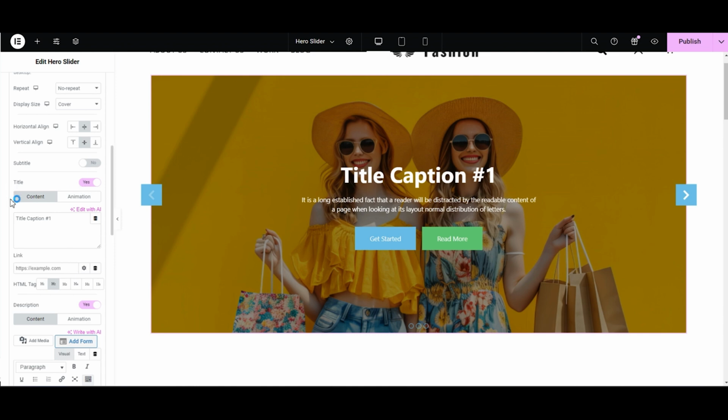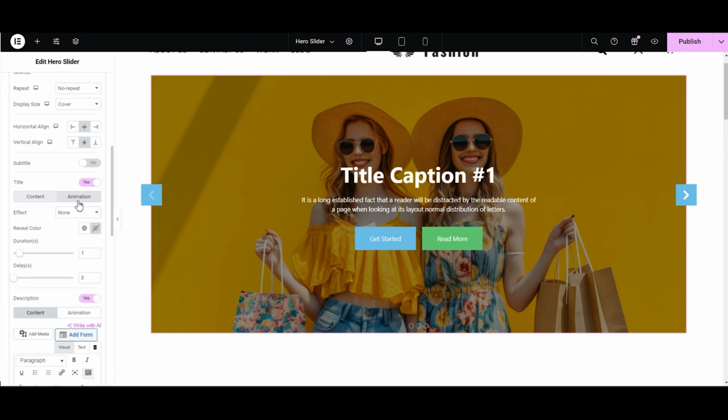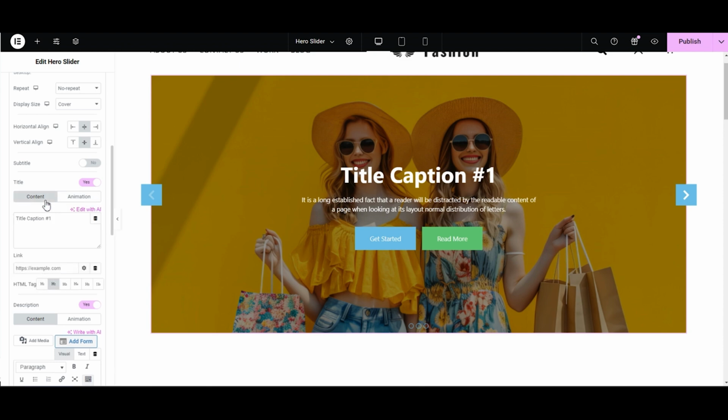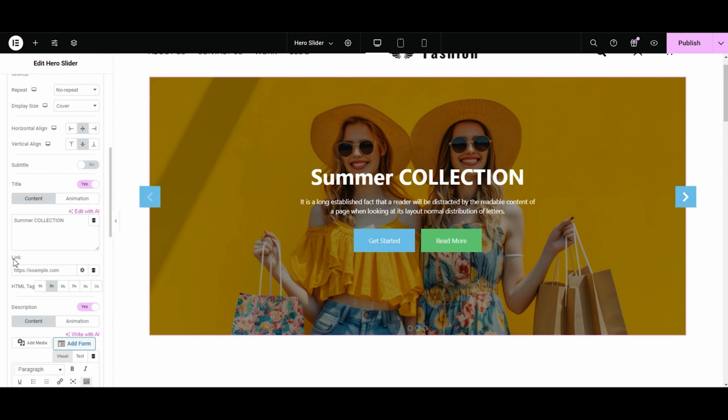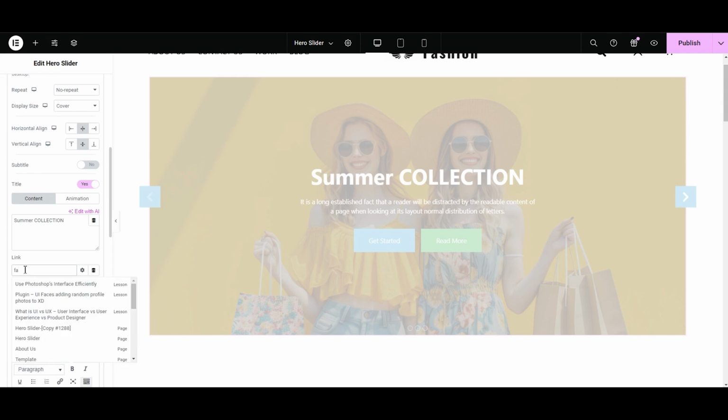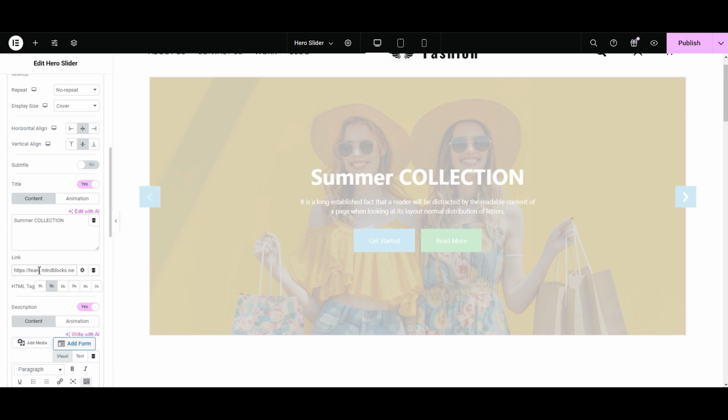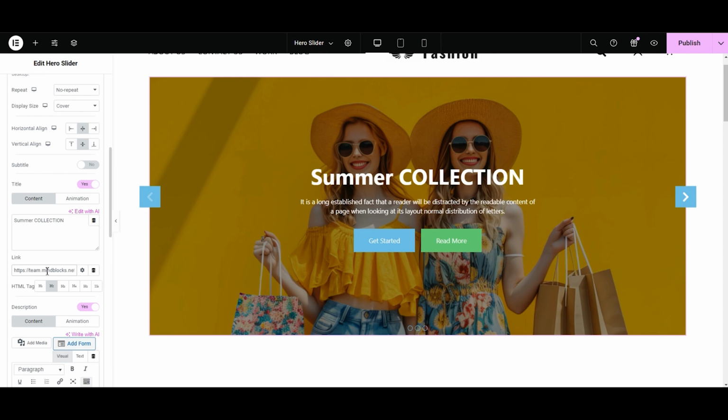Here we have a content and animation option. Playing with the content option first. Let's add a title here, summer collection. The next cool thing is the link. It lets you connect the title to another page just by typing the name and selecting it. And guess what? If you want to add a link from another website, you can simply copy and paste it